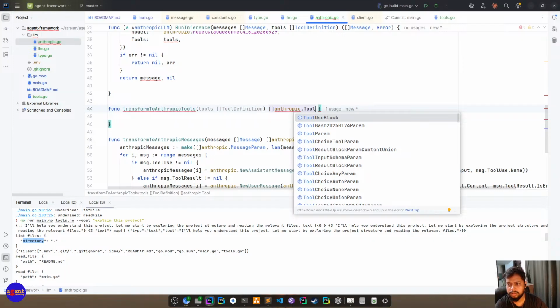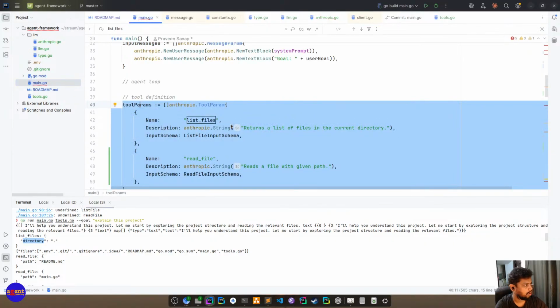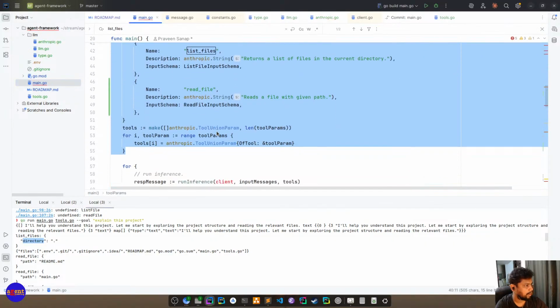What is the type of this, is content params?